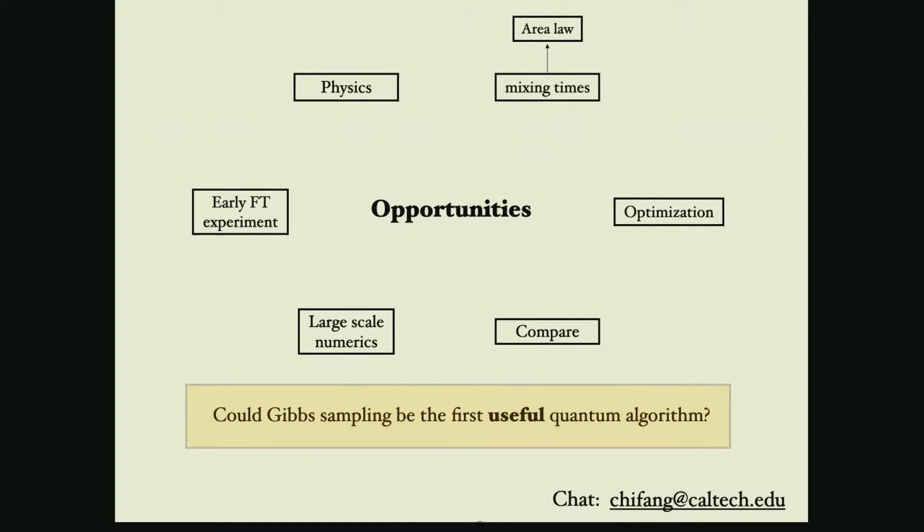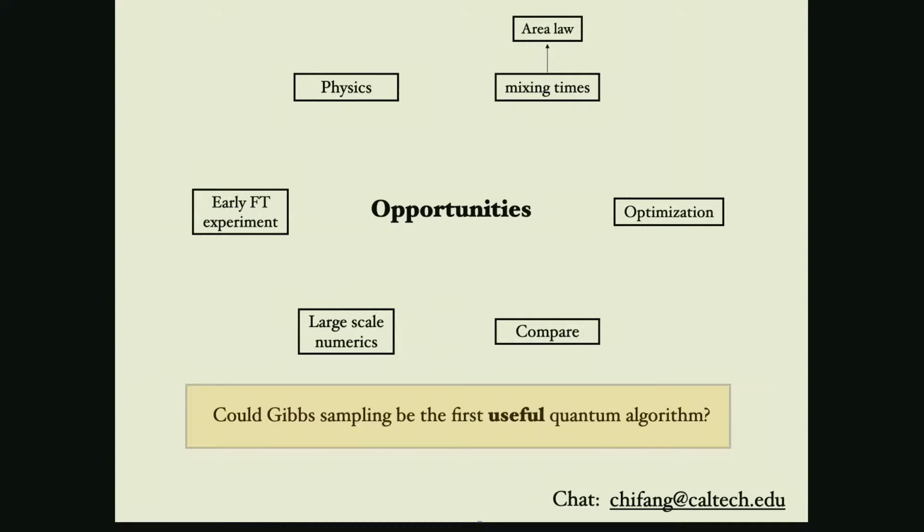Okay, so let me end with opportunities for those who are still interested in this topic. In classical Monte Carlo, ever since its invention, there has been so much research in the past few decades. And here, I argue that we're in a similar position, because now you have this quantum Markov chain. You can ask all sorts of questions that people ask classically. You can ask about mixing times. You can ask what happens if I apply it to an optimization problem. How does the algorithm compare to existing algorithms? There are so many things that we don't understand. Now we're just doing very small scale numerics and seeing what's going on. It already has some nice scientific